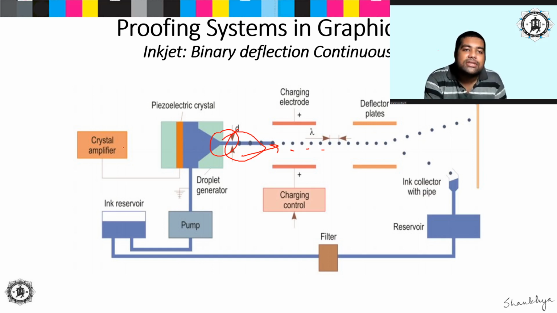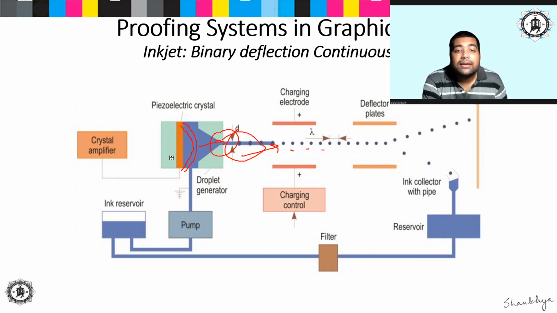So for example, this is the piezoelectric crystal. Now when it is receiving some electrical energy, then it will start to deform. It was straight initially. If it deforms like this, what is going to happen? It is going to push out the ink through the nozzle, right? So consequently, a mechanical vibration of the ink reservoir casing is produced.